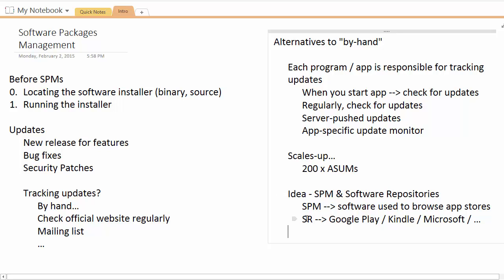Now, back to the software repositories. The idea for Linux, the original idea for software repositories, was to make accessible not only installers but also the source code, because we are talking in this context about open source software, right? So you are going to have official software repositories on which you store the source, and sometimes the binaries, for all the applications that are available for